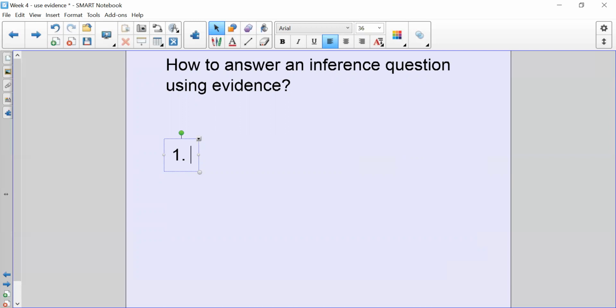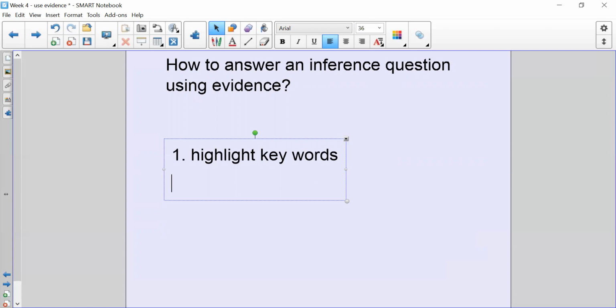So first, number 1 is with every single skill, we need to read the question carefully and highlight the keywords. This is very important. And what we have been seeing is that the first lesson, when we do it with you, you highlight all the lovely keywords because we're showing you which words to highlight and you're telling me which words to highlight. But then when you have to do it on your own, you tend not to highlight those keywords.